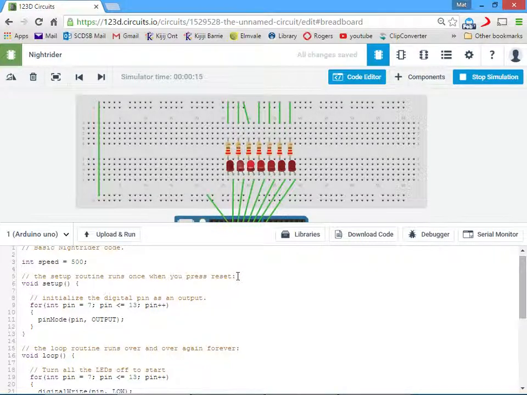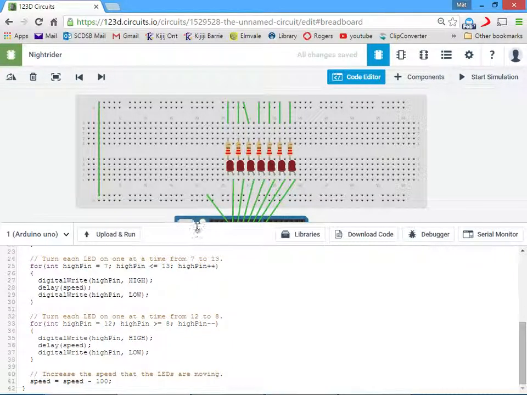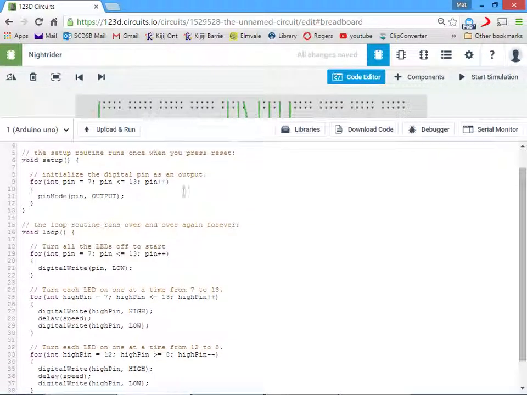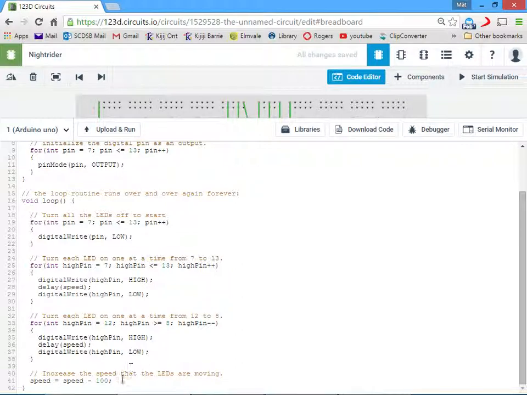So I don't think it knows how to simulate this. I'm pretty sure that if you did this actually with a physical Arduino, it would just look like they were all on. But okay, so there we have it. That's how you can increase the speed using a variable. But one thing that we like to do a lot of times is we like to put a limiter on this, because what's happened here is speed was 500, then it was 400, then 300, 200, 100, it was 0,